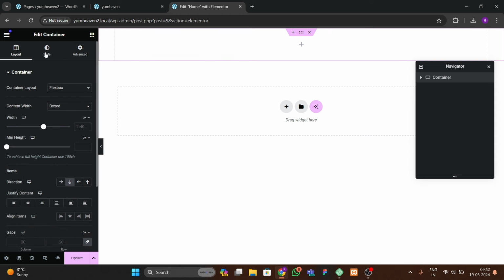So let me make this 60, and after that we have to just add one more image here. I'll duplicate this, and for this I'm gonna choose the one. This is also an image. Okay, so let me decrease its size to 20. Okay, and after that we have to add this heading. So for that we have to just copy this, and we have to just paste it here, and inside this we're gonna write